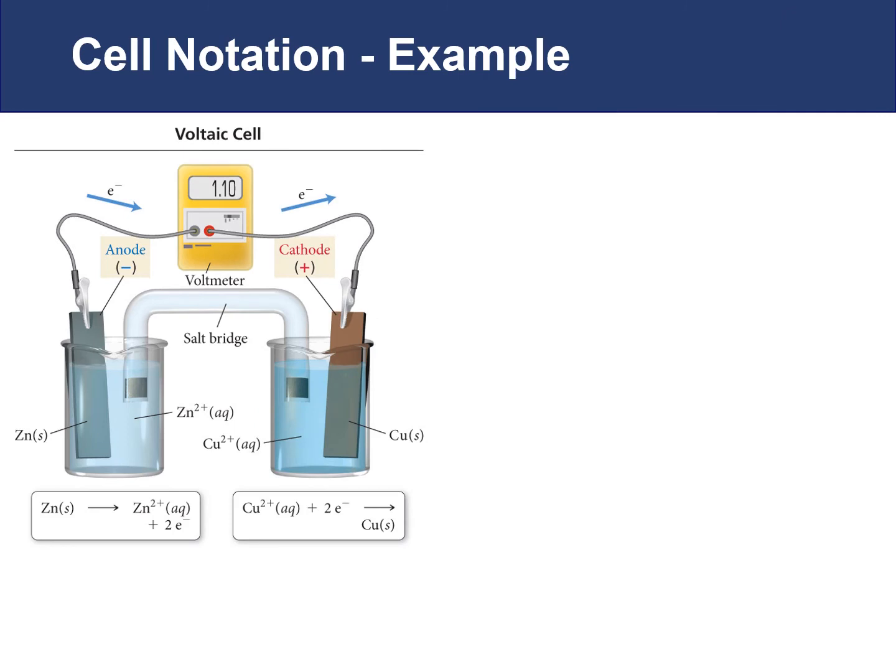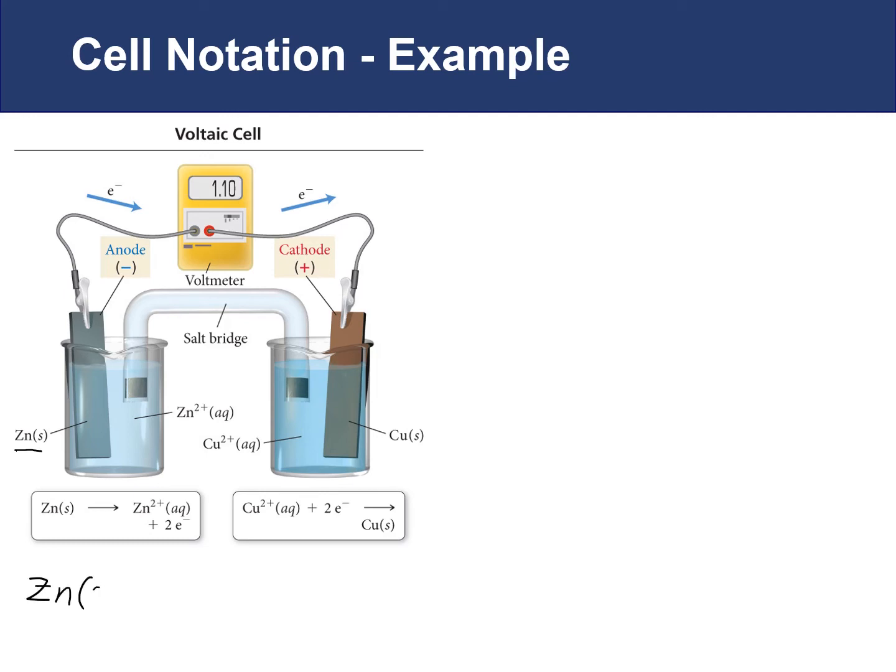So let's look at a couple examples of how we can represent electrochemical cells with our cell notation. In the first example, we're going to use this setup, our zinc going to zinc 2+ as our oxidation half reaction, and our copper 2+ going to copper as our reduction half reaction. So when we're writing out our cell notation, the vertical lines represent phase boundaries, and we start with the electrode. So here, our electrode is zinc, so we would have